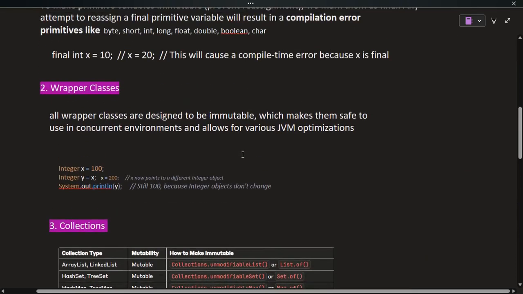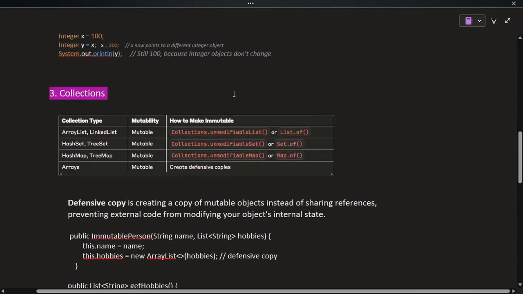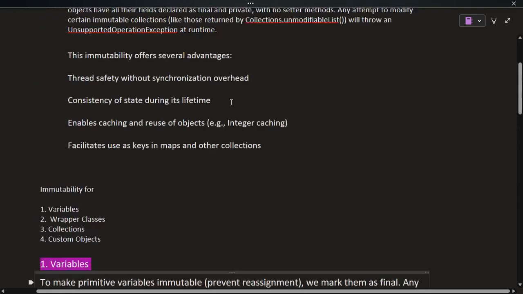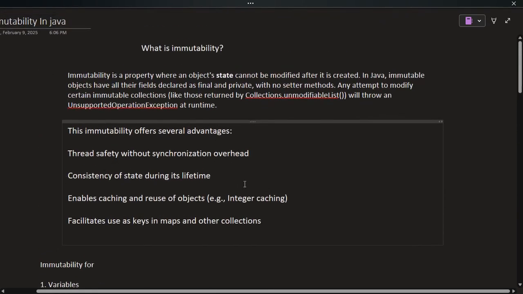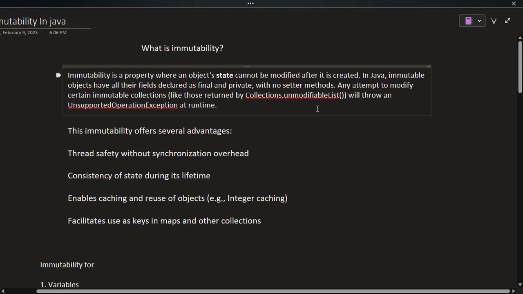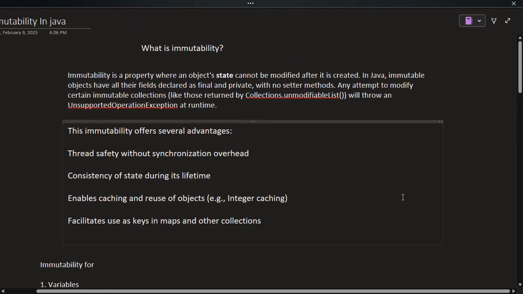I'm back with another video, and this time it is on immutability. Immutability in Java is the topic. Immutability is a property where an object's state cannot be modified after it is created. What do we mean by an object's state? Object's state means the variables inside the object, which cannot be changed. Say, for example, if you have a primitive type variable like int,